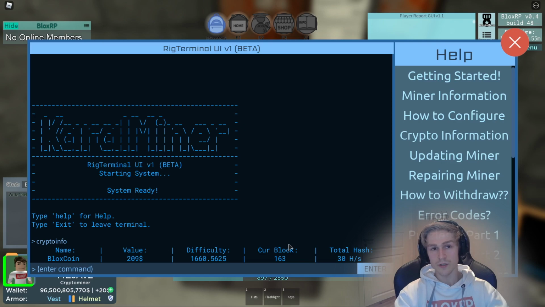They split the coin depending on how much work they did to mine it. And the difficulty is an indicator of how effective your miner is going to be. Currently, the difficulty is 1660. But since it's been a while since I did crypto info,